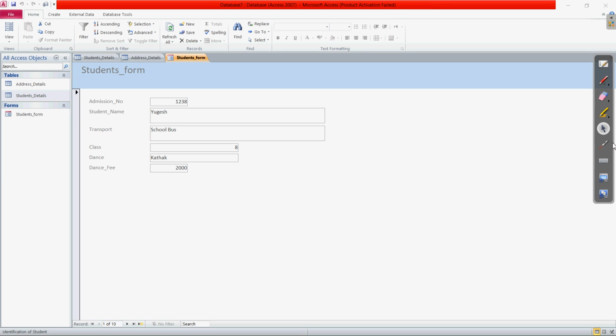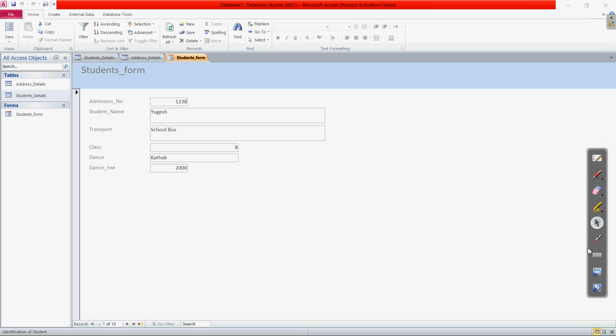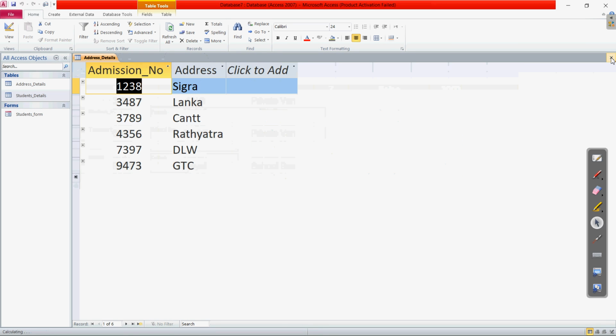Here you can see the close button at the corner. So whatever form is appearing to you right now, if you want to close it, you can close it by clicking on this cross button.